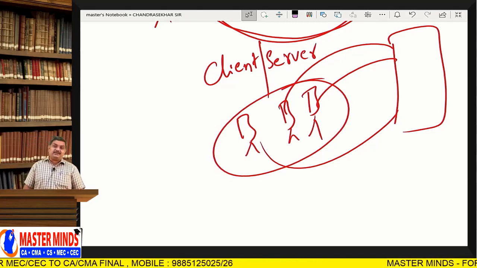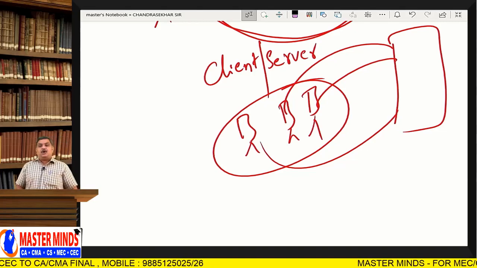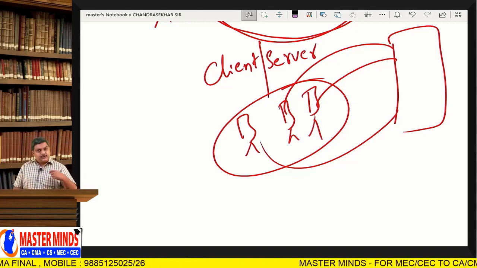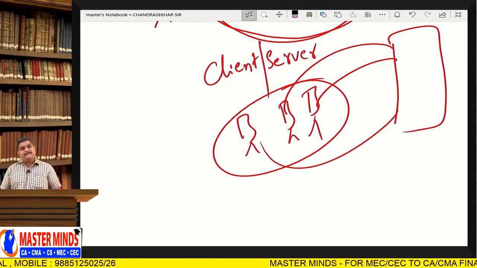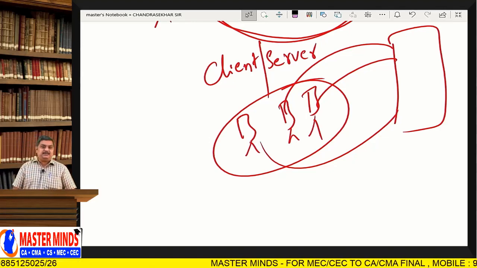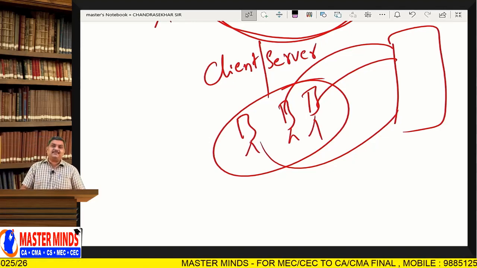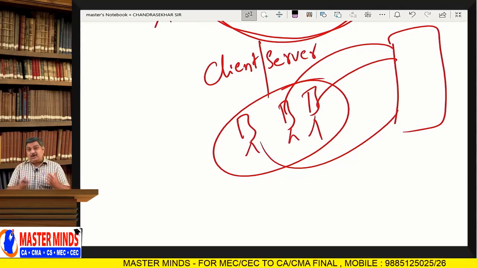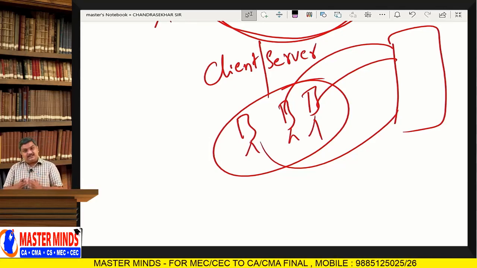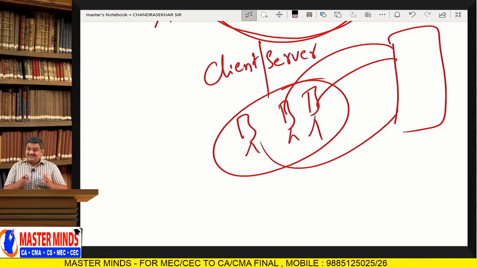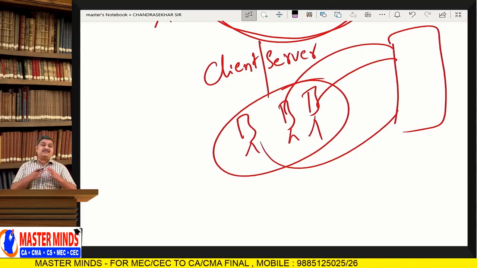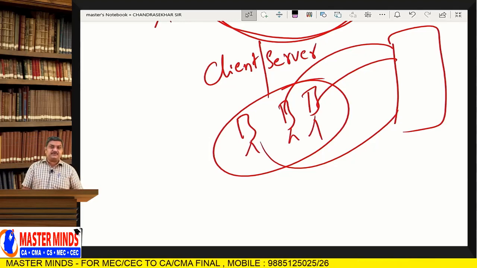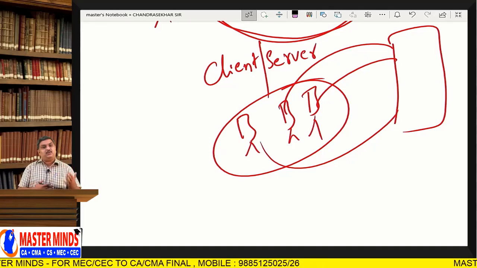See, what is a client here? All of our computers are clients. Whatever computer you use, you are a client. There will be a server somewhere. Now I am using a client, and there is a server somewhere. And these clients have different names. It can be called a workstation, a node, a client, or sometimes a terminal. So these are all interchangeable words.